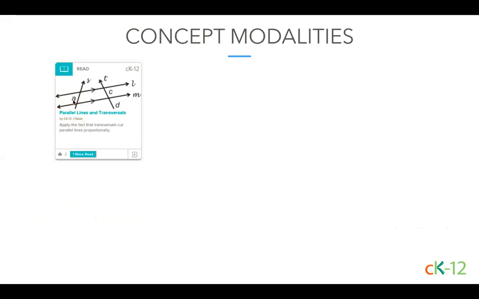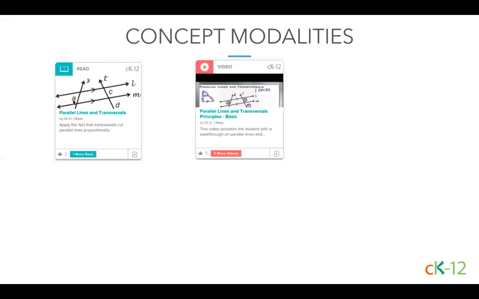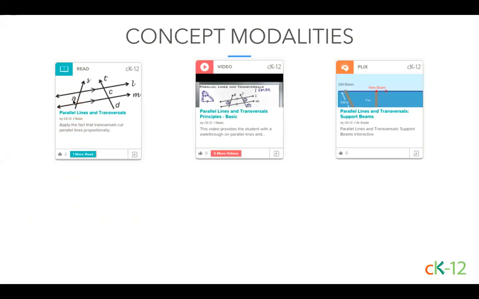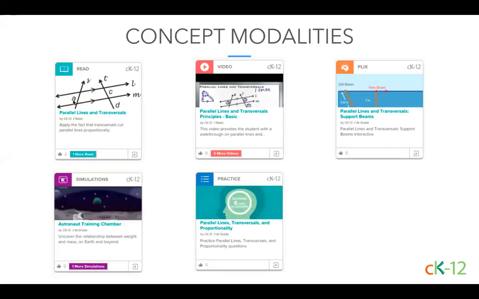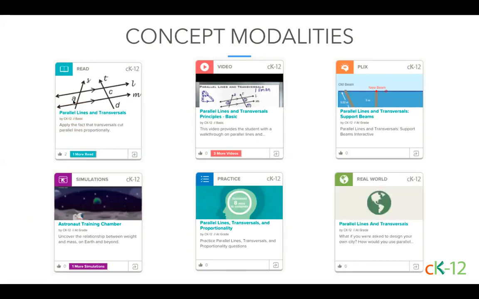So we know many of you are still exploring CK12 and getting a feel for the different resources. As a reminder, these are what we consider our assignable core modalities, or different ways for students to learn and practice. You can assign a read, which is our text sections within a book or standalone reads. Videos, our Plix interactives. Simulations, adaptive practice or customized practice in what we call a CK12 quiz. And real-world applications. While all of our resources have a unique URL that you can always copy and paste, you can embed our practice into another system using the green share plane or that embed code or different options.